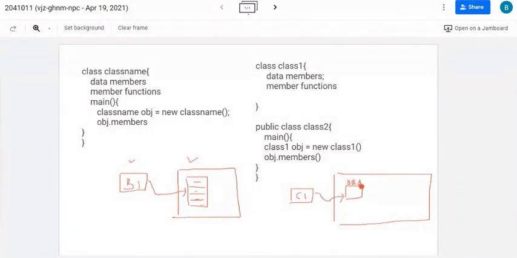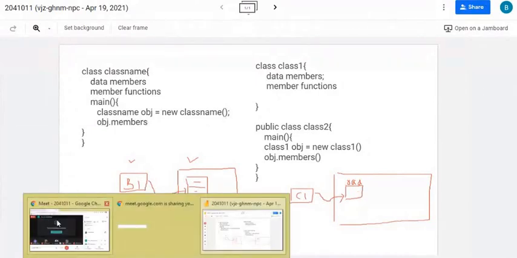So how can I access rad? I can access it by the member function and the dot operator, c1.getData, c1.display, like that. Are you realizing? After 2-3 slides, it will be more clear. Any doubt?